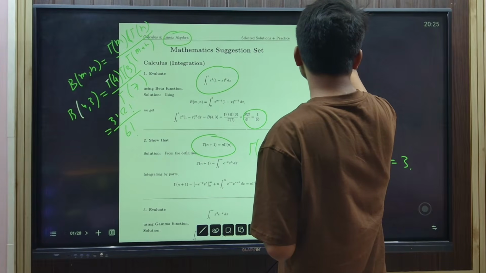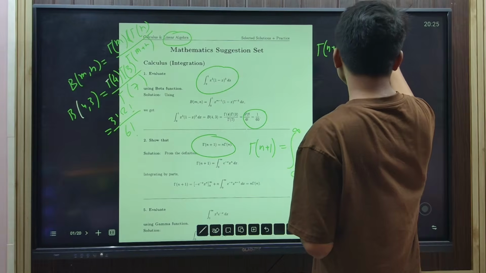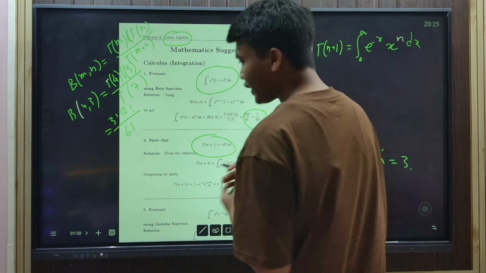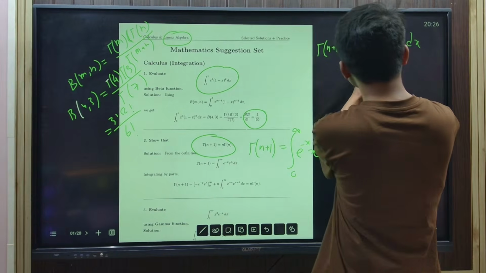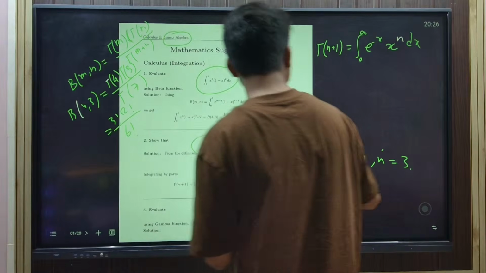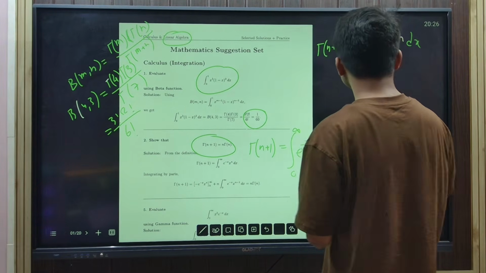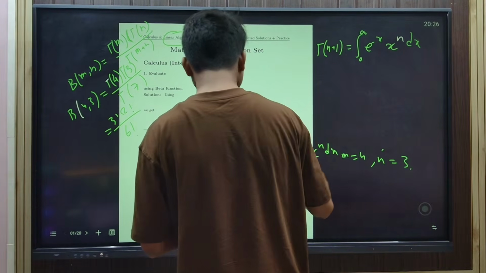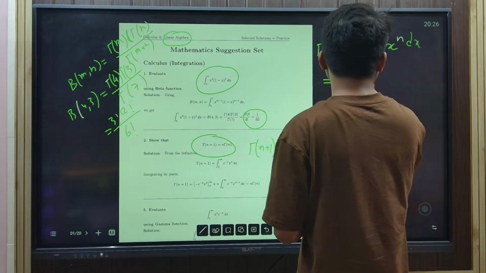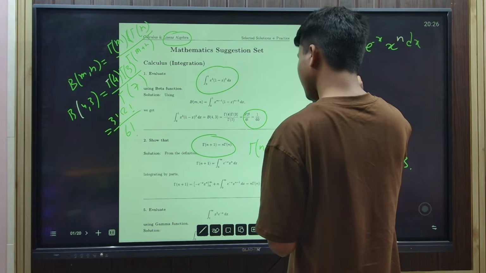So gamma of n plus 1 is exactly equal to the integral from 0 to infinity of e to the power minus x into x to the power n dx. Now we have to express this as n gamma n. This is a product of two functions, so what we can do is integration by parts. If we do integration by parts, then we will keep e to the power minus x and x to the power n, with x to the power n outside,